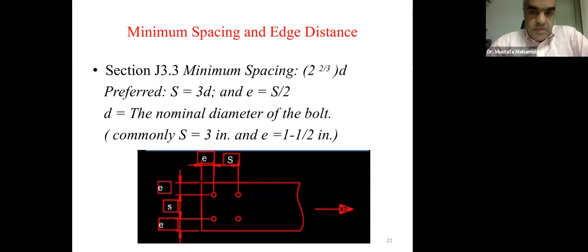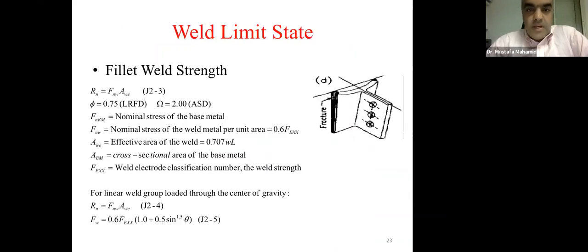Of course, this is typically for bolt diameters that are 1 inch or less. Okay, for the weld limit states, now the most commonly used type of weld is the fillet weld, and that's given in equation J2-3,